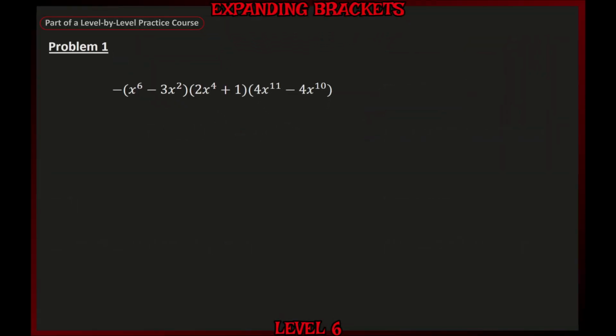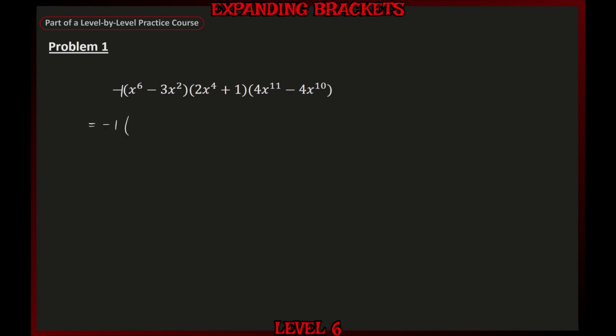In problem 1, we're expanding and simplifying this expression. Now to start, we have a minus at the very beginning of those three brackets, and this minus is equivalent to having a minus 1 there. And it's important to understand this because at some point we're going to multiply a bracket by minus 1. Now to start this problem, we're going to leave the minus 1 where it is and expand the first two